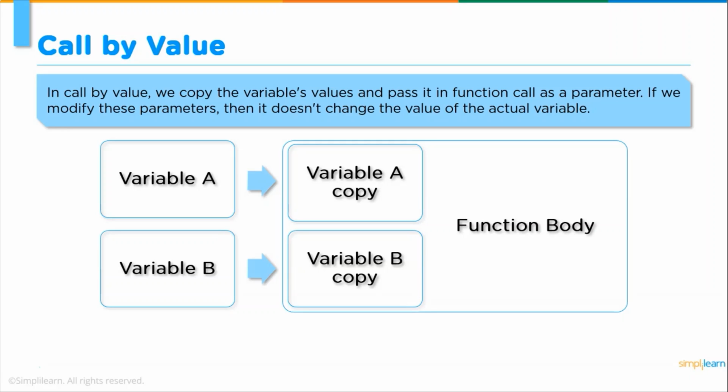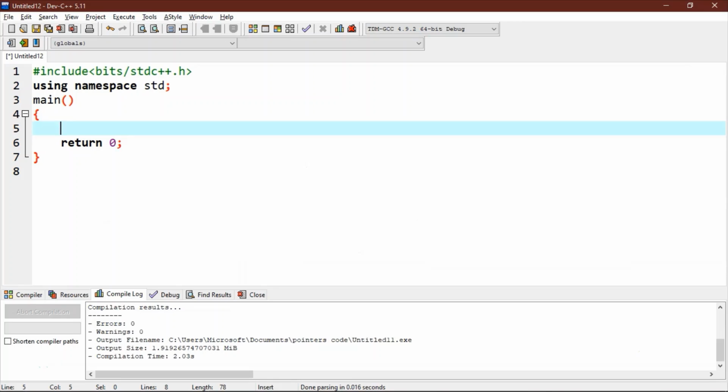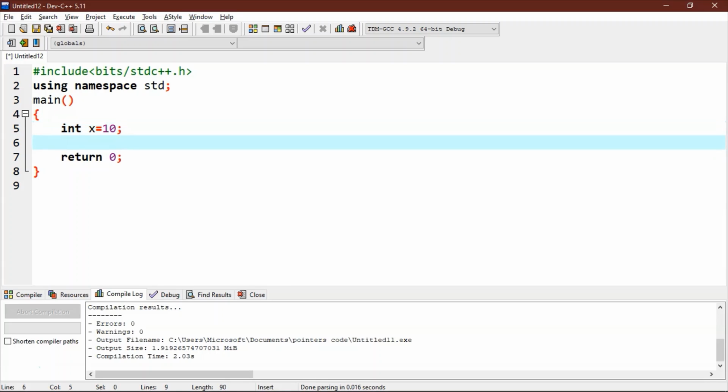Let's try implementing it in the code editor. Let's write the code. First, we will declare a variable x equals to 100. Then we will write a function call to function func with argument x.